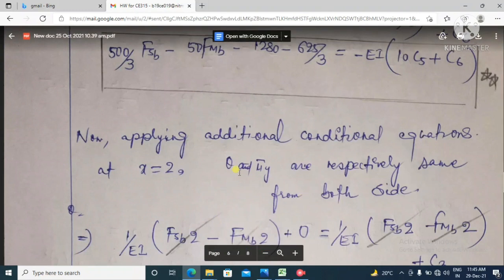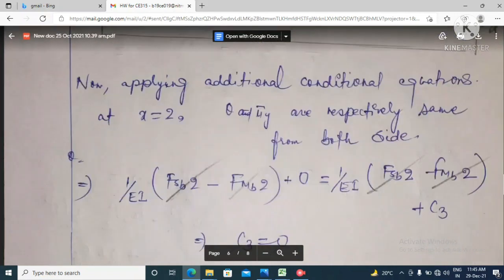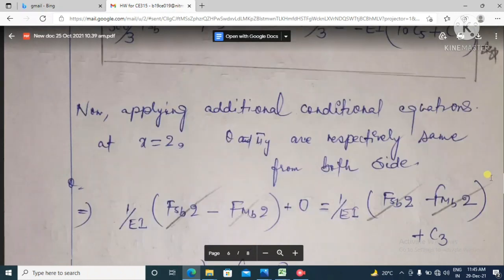Okay. At x equal to 2, theta and uy should be the same, na? So what we are doing is putting x equal to 2 in which equation? Hope you understood all these things. It means initially when we considered between B and C,